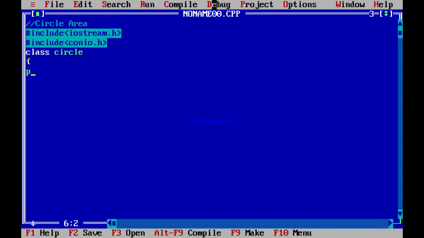Now in a private section I am going to declare the variables. We can take the variable in the form of integer or double or float also. Here I am going to declare the variables as float type.